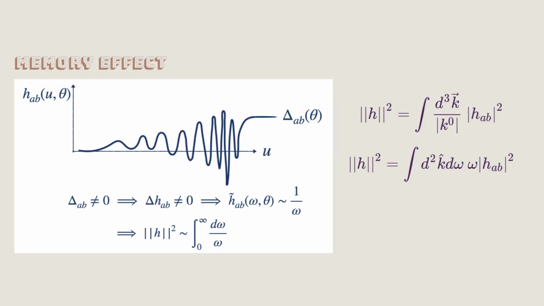One way to see this is that what we're talking about is the difference between the value of h at minus infinity and plus infinity. So I can write that as the integral of the time derivative of h. Now if you Fourier transform everything, you will see that its time derivative has a non-zero value at 0 frequency. So if you go back to the Fourier transform of the original h, you get a 1 over omega times something non-zero. That's the i epsilon, omega plus i epsilon.